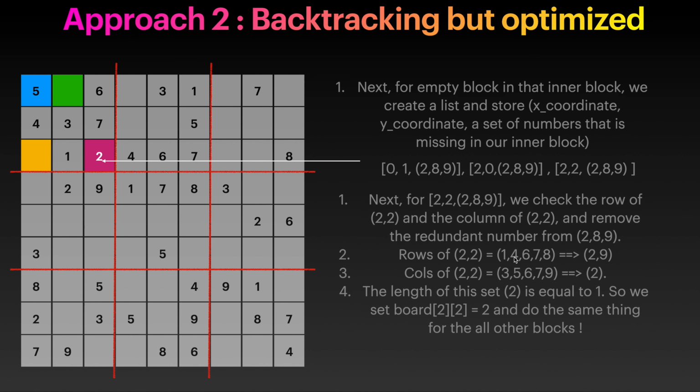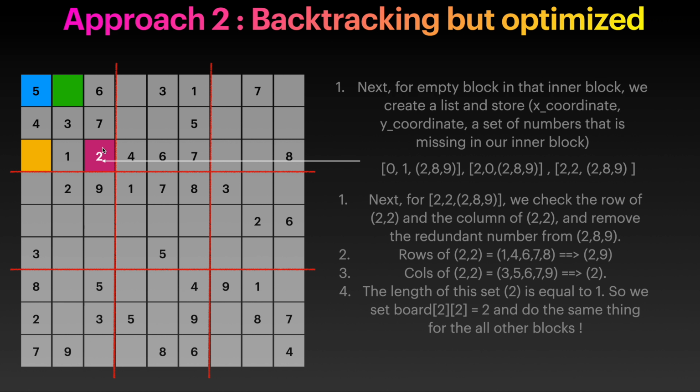We have 1, 4, 6, 7, and 8, and we notice that 8 is the common number, so 8 disappears, and we have 2 and 9. Columns of 2, we have this guy, and notice that this guy and this guy, they have 9 as a common number, so we are left with 2. Thus the length of this set is equal to 1, so we set that equal to 2,